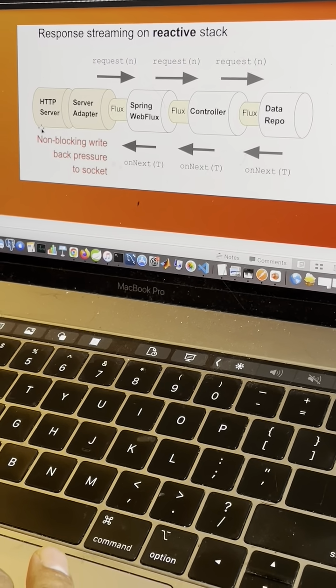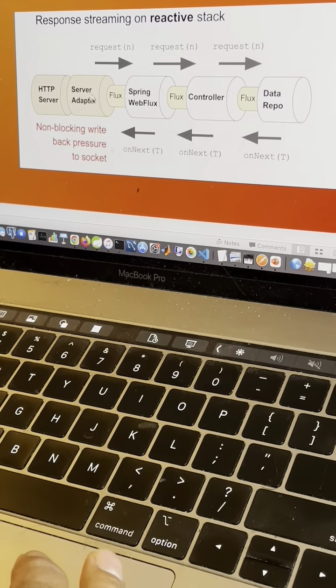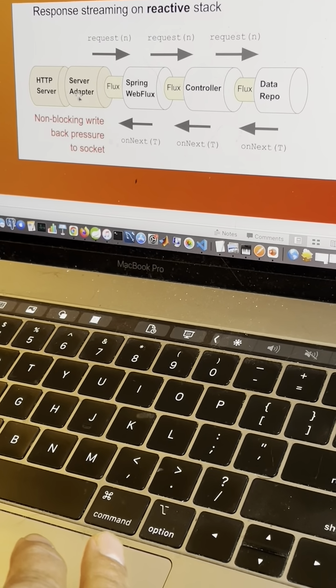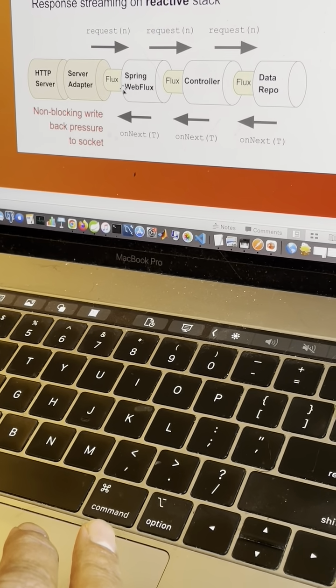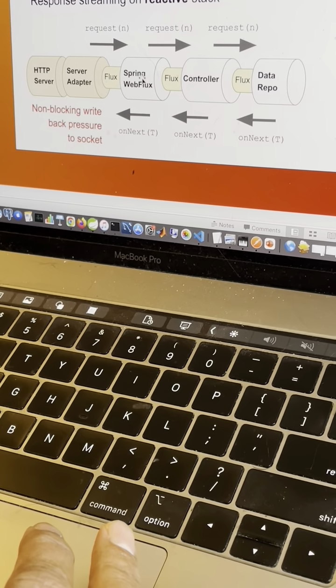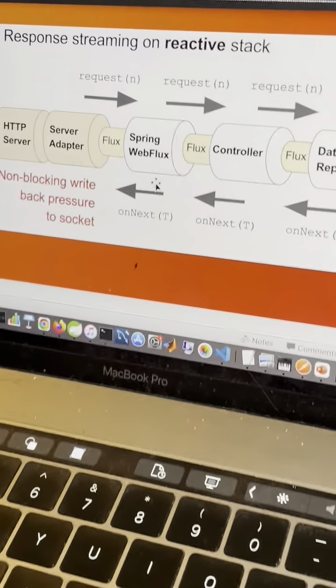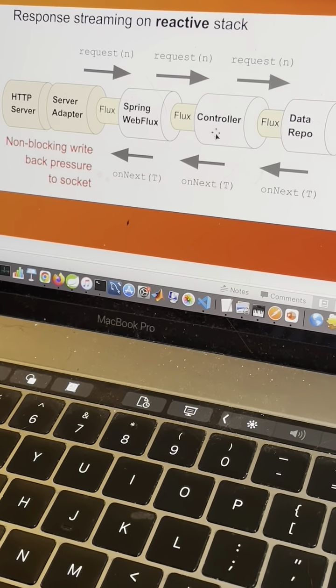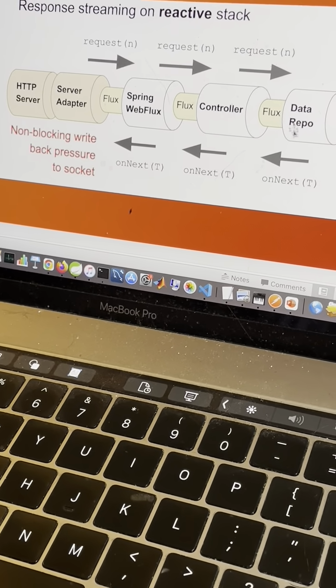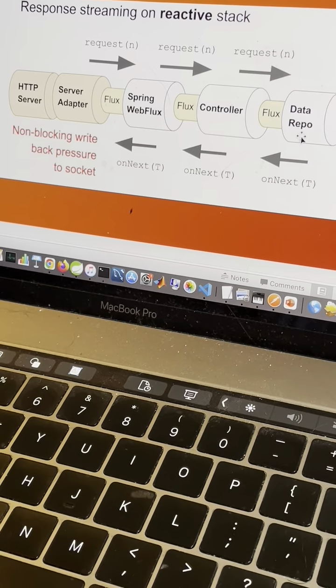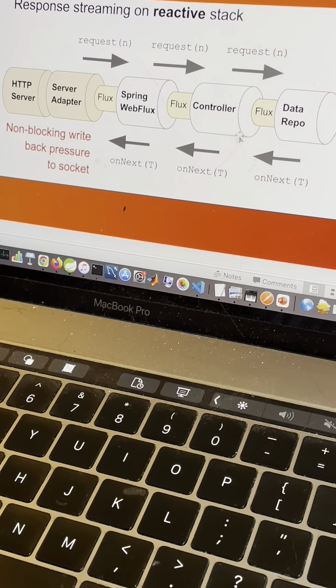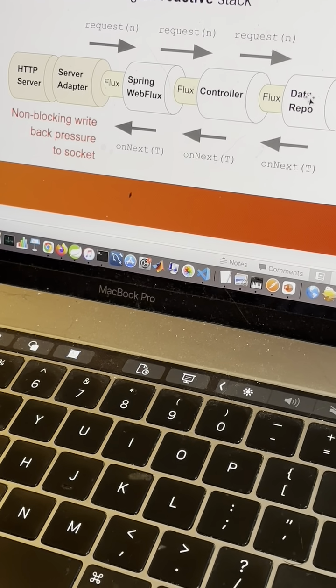We have an HTTP server. There is a server adapter, and then there is a stream that is being created. That's a Flux here, you see, and it goes to the Spring Flux, right? And in everything you can use onNext, right? onNext. And then it goes to the controller, and then it goes to the data repository. And in our code, we will see how we write the Spring controllers which are reactive, and the data repository